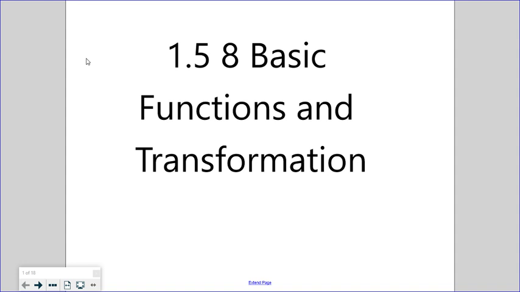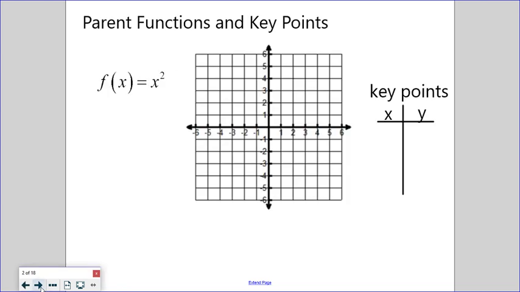To start transformations, one of the things we have to know how to do, or have to not know how to do, but have to know really well, is our parent functions. So in that note sheet that I gave you, one of the sides is to write down your parent functions, and we are going to put those in there, and you are going to draw yourself perfect pictures of each graph,